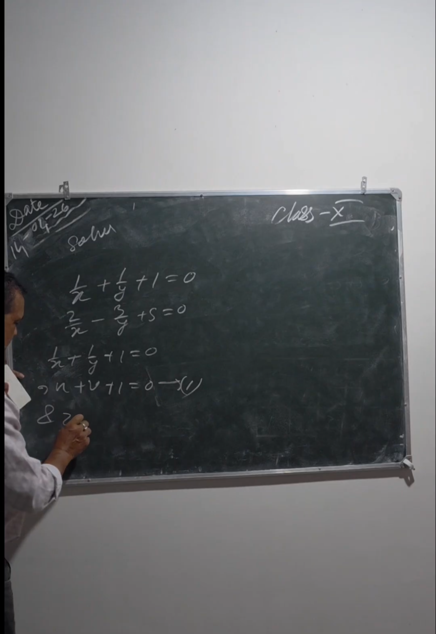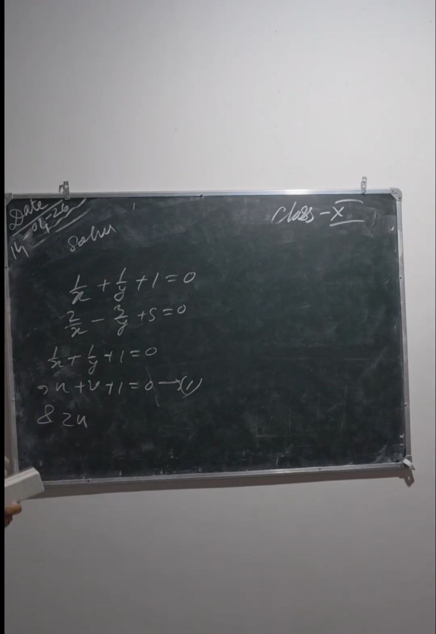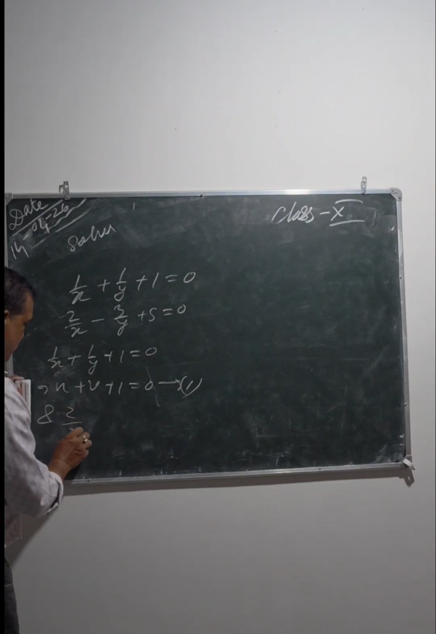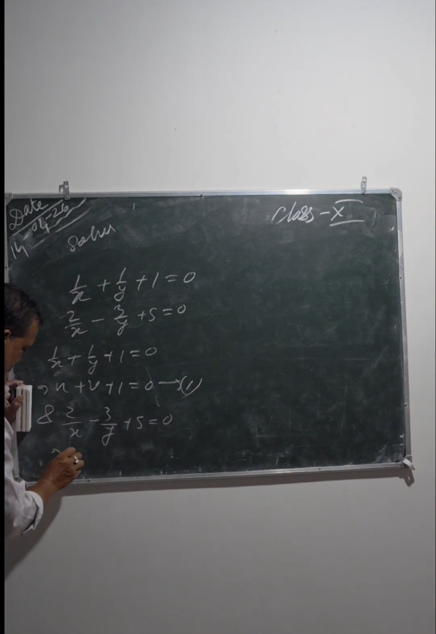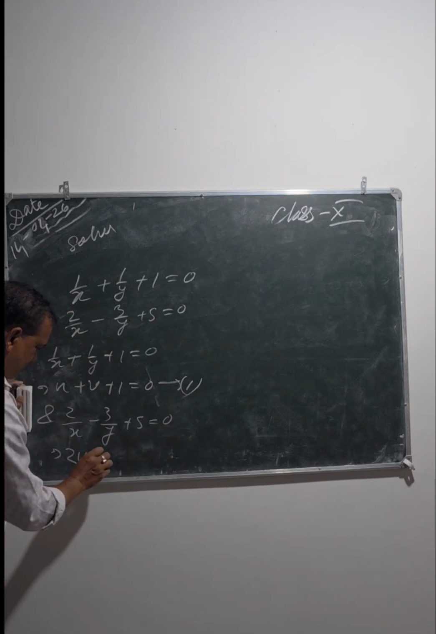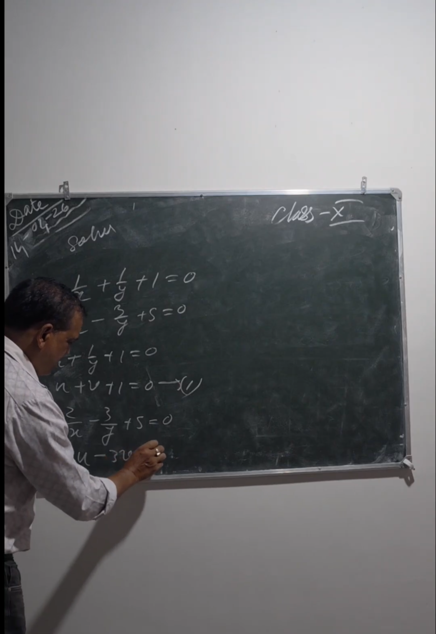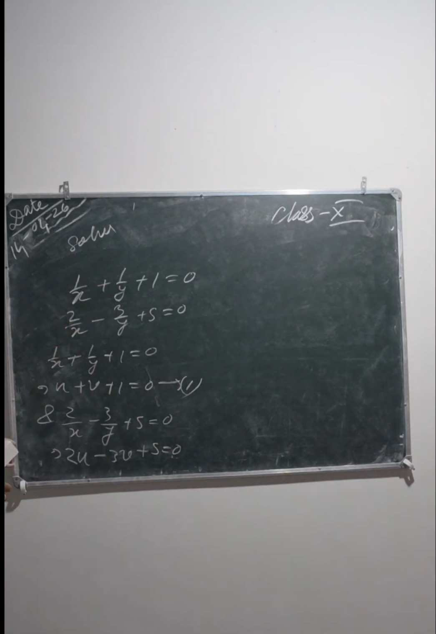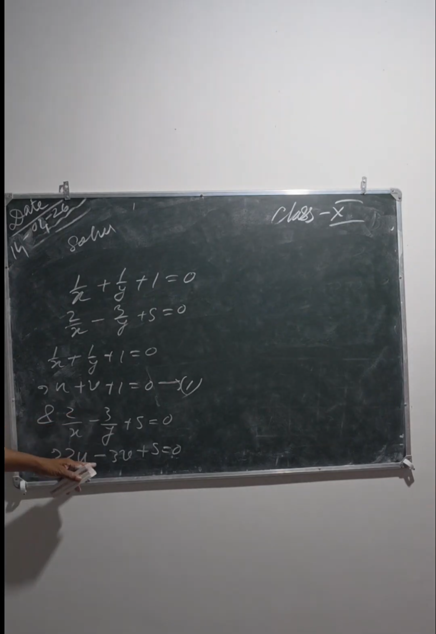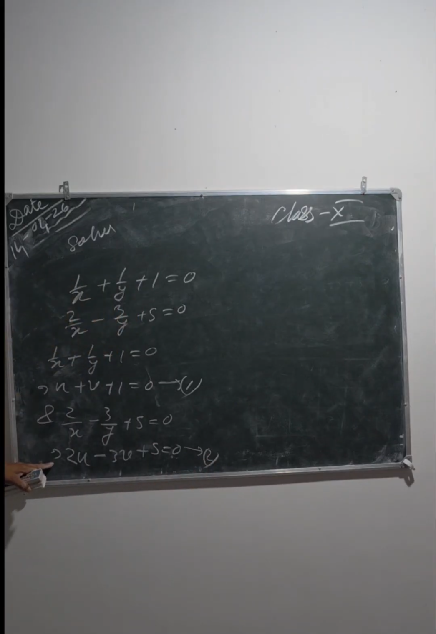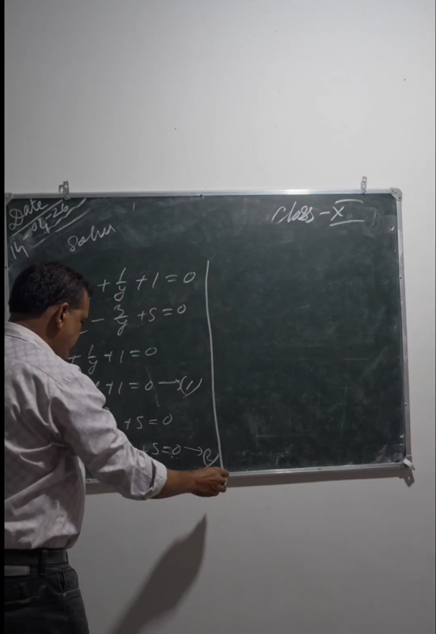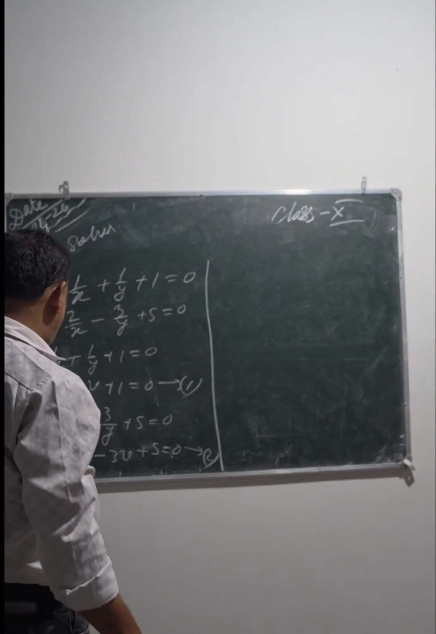Then the next one is twice 2 by x and 3 by y plus 5 equal to 0. So let us use 1 by x equal to u and 1 by y equal to v: 2u minus 3v plus 5 equal to 0, and 5 remains the same. This is relation number 2. So now by applying the cross multiplication rule in 1 and 2, we have